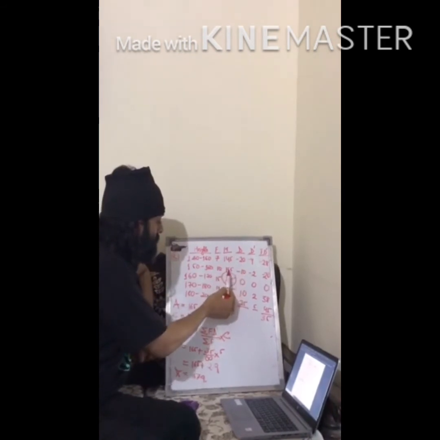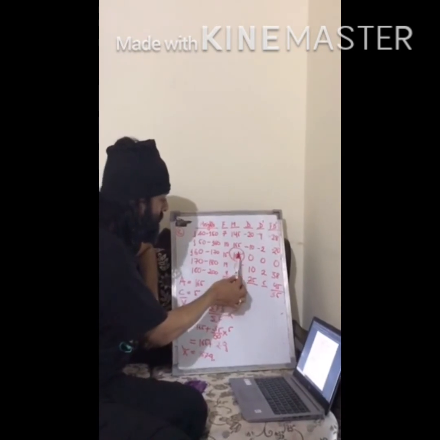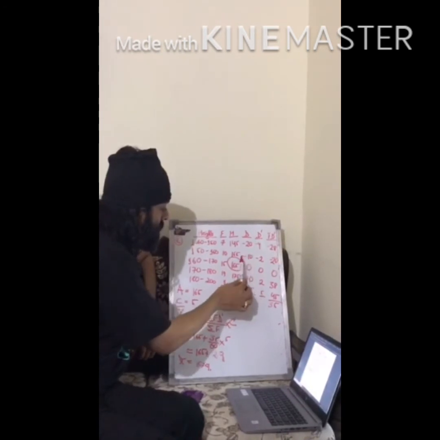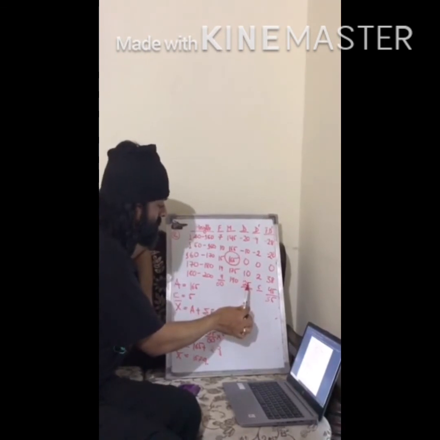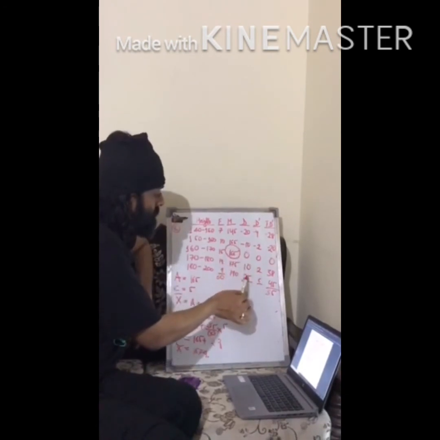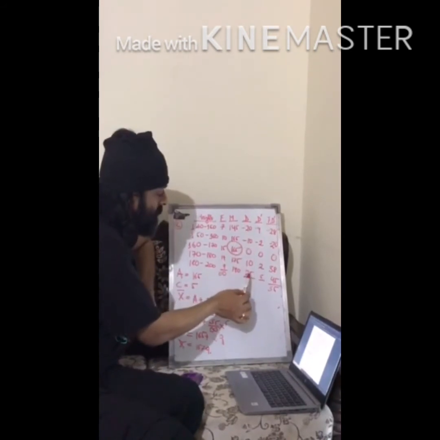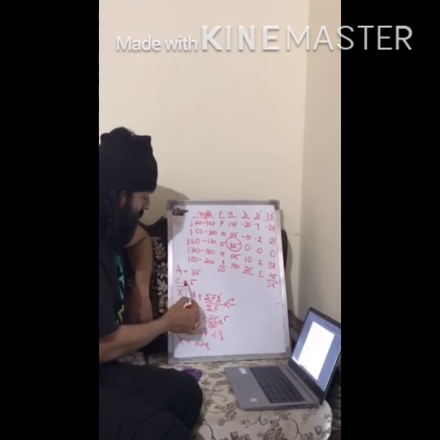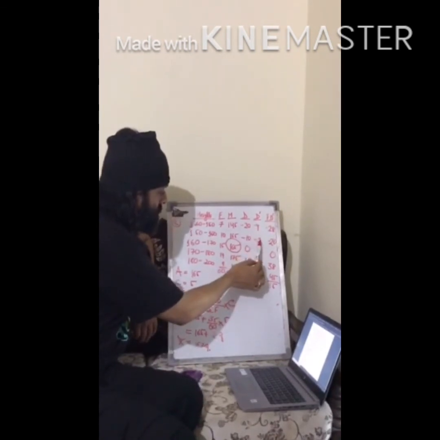Now we find out the deviations from the assumed mean. Okay, what is the deviation? 145 minus 165 is minus 20. 155 minus 165 is minus 10. 165 minus 165 is 0. Likewise, we find out the deviations from the assumed mean. Now it can further be broken down because it has a highest common factor, and the highest common factor is 5. Each of these numbers can be divided by 5. So we have a common factor which is given by C, and that is 5. Minus 20 divided by 5 is minus 4, minus 10 divided by 5 is minus 2, and so on and so forth.